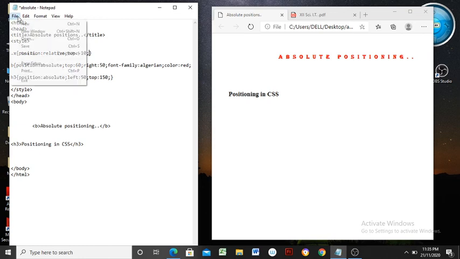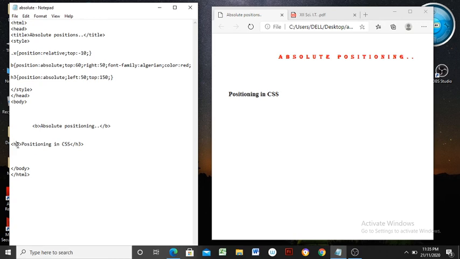Save this here. Now refresh, it is not applicable. Why? We haven't used it, we haven't applied it. So such a class has to be defined in any tag, such as a b tag or a heading level 3.